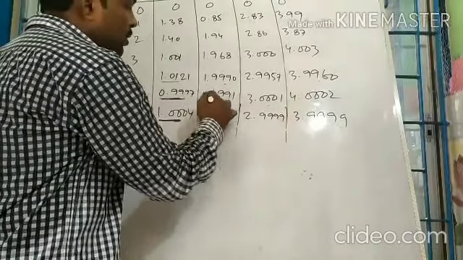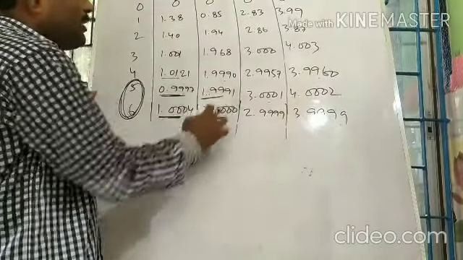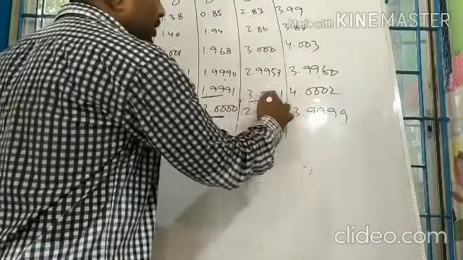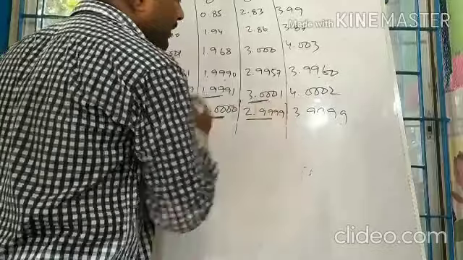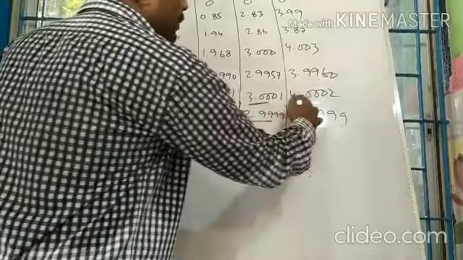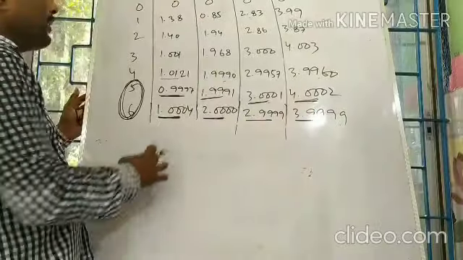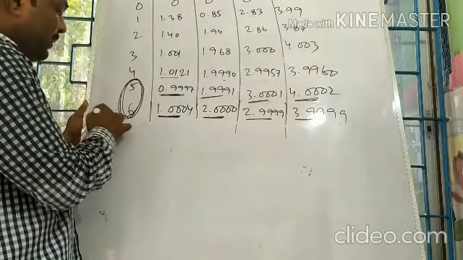This is also 2.00, correct up to 2 decimal places. x2, these are two consecutive iterative values of x2, these are equal. 3.00, correct up to 2 decimal places. x3, two consecutive iterative values of x3, these are equal. 4.00, this is also 4.00, correct up to 2 decimal places. So we can stop at iteration number 6.